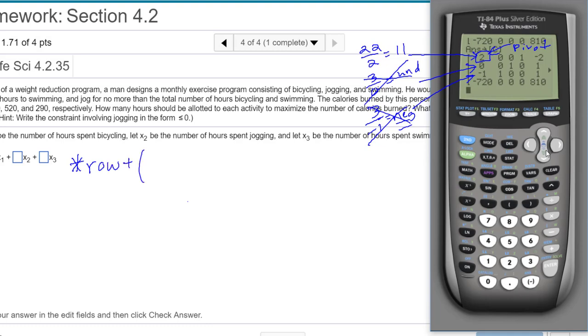My first one, I want that -1 to become 0, so I'm going to do 1/2 times that first row. So remember, you just take whatever number you're going to make 0 and divide it by your pivot number, and that'll be what you multiply by. So I'll take matrix C, and then I want to pivot from row 1, change row 3. Then the next operation will be star row plus. I'm going to do row 4, so do 720 divided by 2, and that'll basically make that row become a